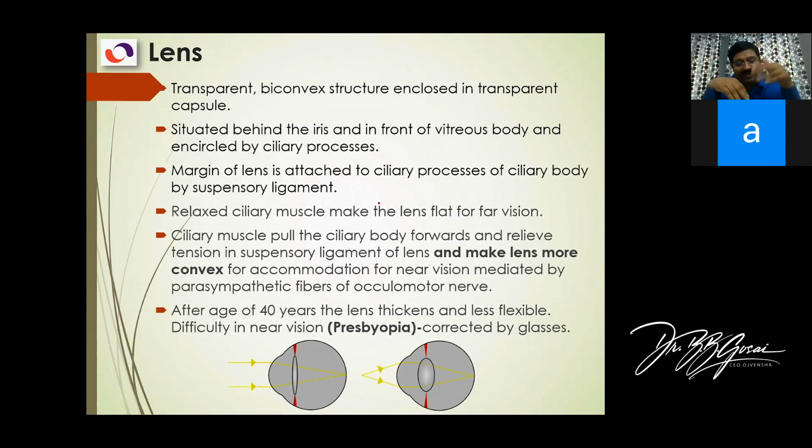Or later on, suppose the lens itself becomes opaque: cataract. Opacity of the lens is known as cataract, and this obstructs the vision. So you will remove the lens from its capsule and put in an artificial lens. Or you can remove it and give a thicker glass, whatever is the option of the patient. Whatever he chooses, you do.